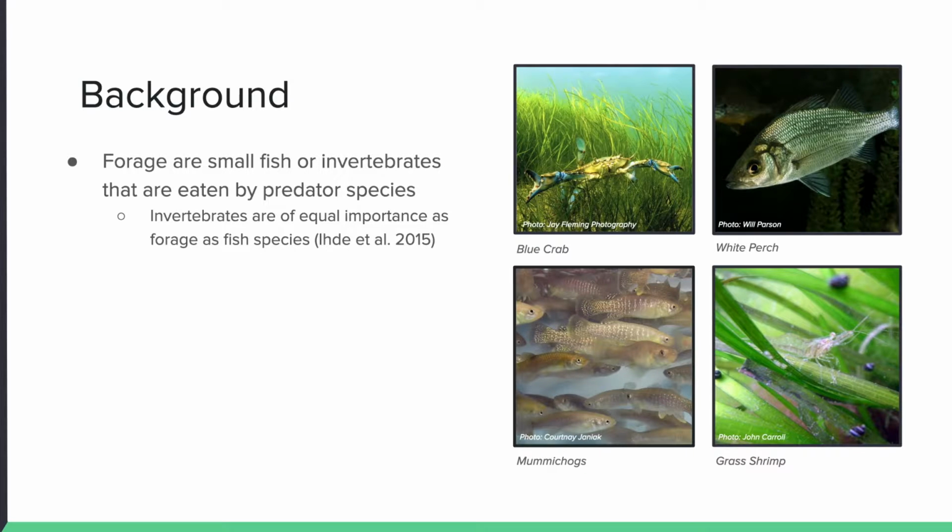So, let's start with some background on the subject. What is forage? In a marine ecosystem, forage is considered to be small fish or invertebrates that are prey to many predator species. For example, forage could include blue crabs, grass shrimp, perch, or mummichogs. Forage could also include young fish from larger species that are important to fisheries when grown, for instance, juvenile weakfish